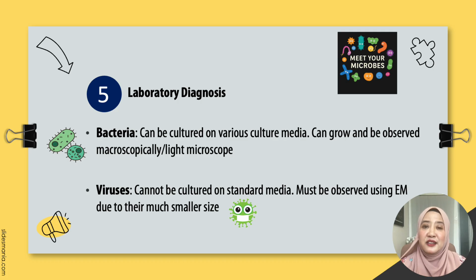Bacteria can be cultured on various culture media. They usually grow very happily, providing that you give the appropriate nutrients, and you can observe the colonies with your naked eye. And if you stain the bacteria, for example, if you do gram stain or capsule stain or spore stain, you may require a microscope, but the microscope that you'll be using is a light microscope. For example, you do your gram stain, and using a light microscope, you can look at the colors. Gram-positive organisms will be purple, the gram-negative organisms will be pinky red. Light microscope will be sufficient.